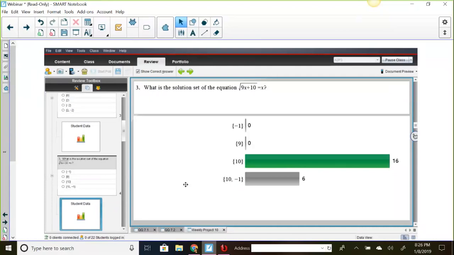Audrey, what if a student doesn't have internet access? Yeah, so if a student doesn't have internet access, there's a few things that I've done in the past. The first thing I have done is thumb drive. So I will take just a thumb drive and I will save all of the videos for the unit on a thumb drive, and the student can take the thumb drive home with them.